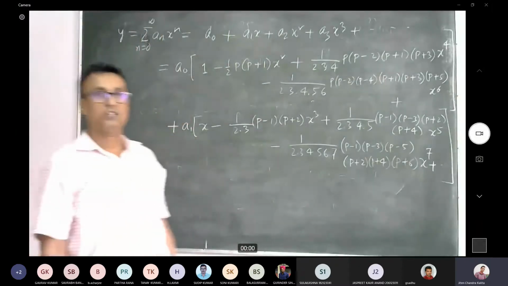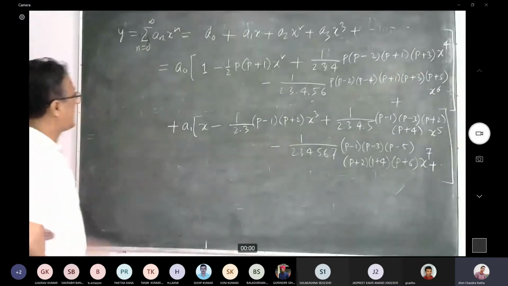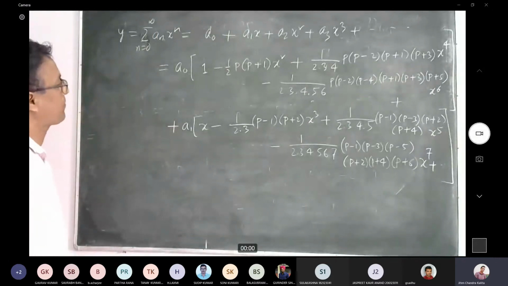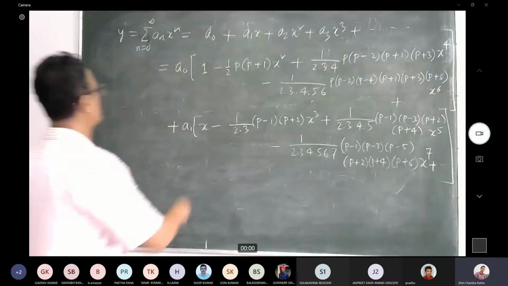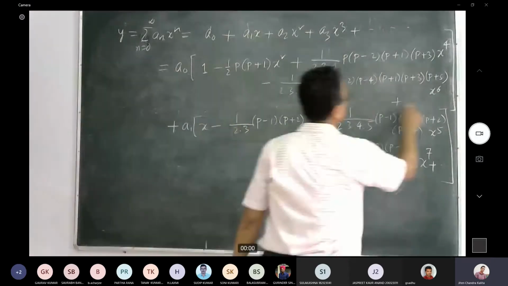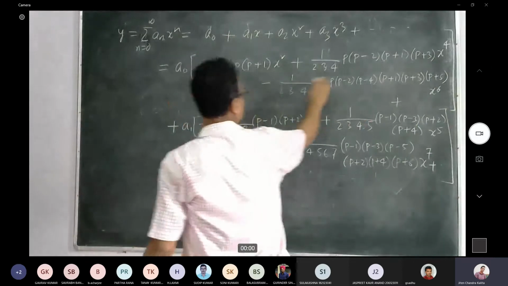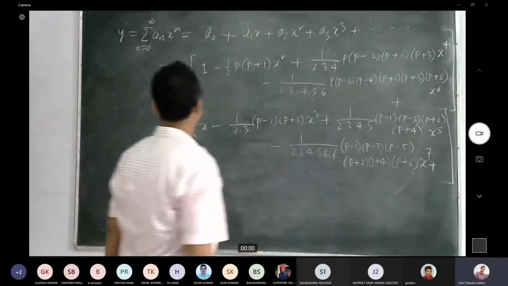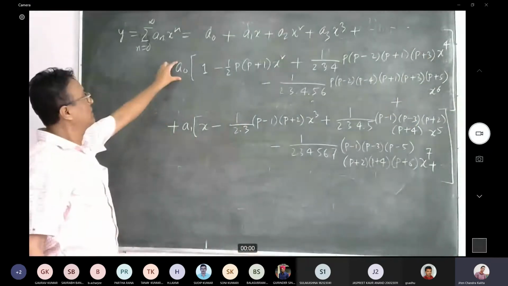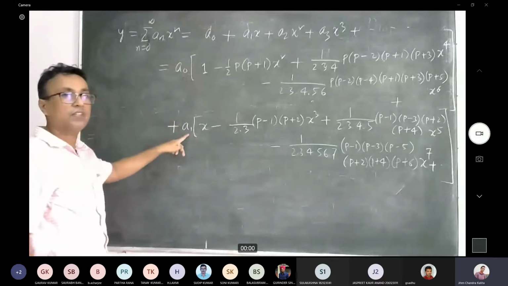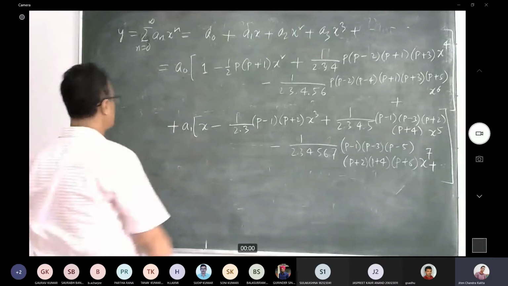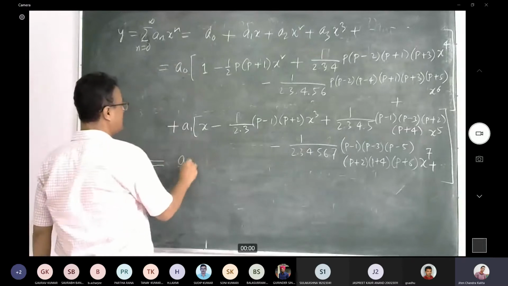I'll come back to p again, but before that, I want you to have a closer look at the two series here, where in one series a0 is the constant and in the other series a1 is the constant. So basically, I am getting something like a0